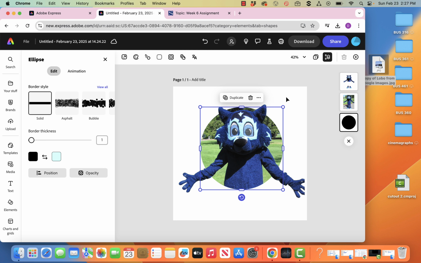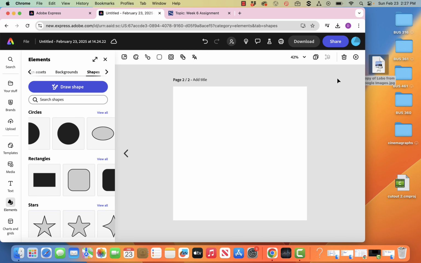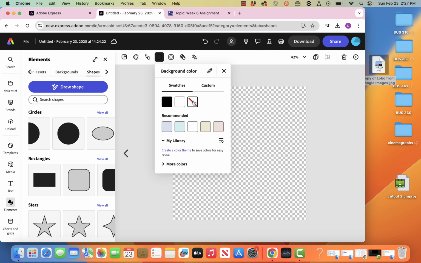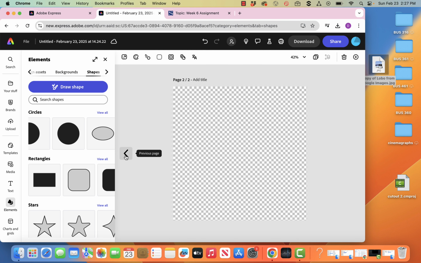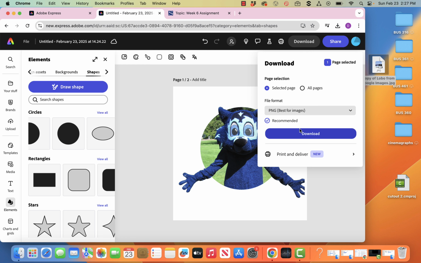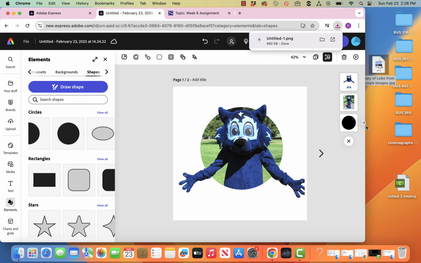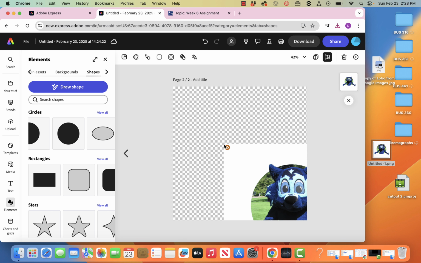So my point is I want to get this on a transparent background, so I got to add a page, same size, and then I got to go to the background color and set it to none. And then I got to make this a PNG. Basically, I have to fuse these layers. I got to merge visible, and I got to do that by going to download. Untitled one, I haven't given it a name. And then I can put that